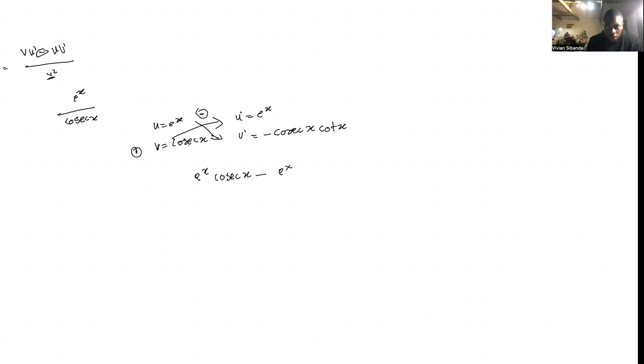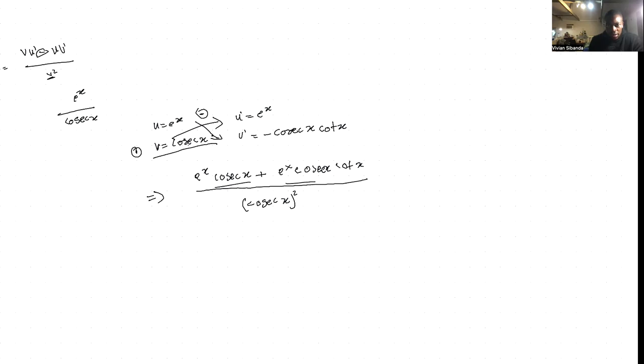So it will be cosec of x cot of x. This is everything divided by that bottom part again, cosec squared, which is cosec x squared. So this will be your final answer. You can take cosec out and e^x if you want to. Then you cancel out with one cosec there. So you have your final answer of